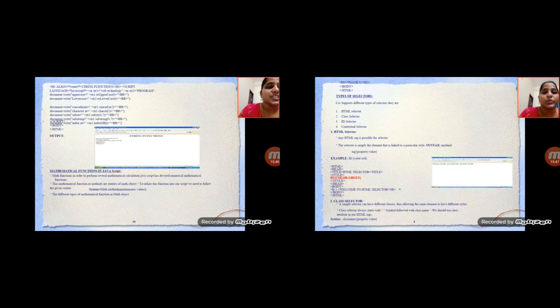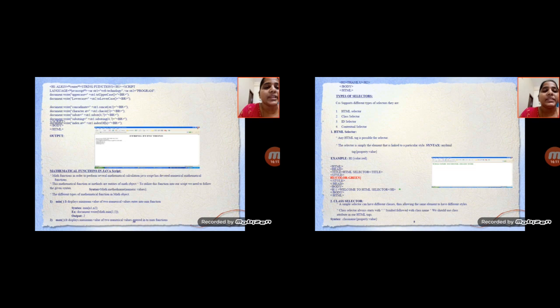This is an example of how to take the HTML selector value. Whichever color you choose will be displayed in the web browser output. This is the text for welcome to HTML selector, and this is the output for the HTML selector.